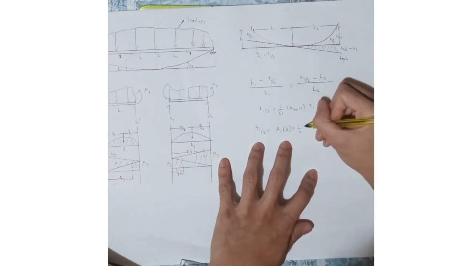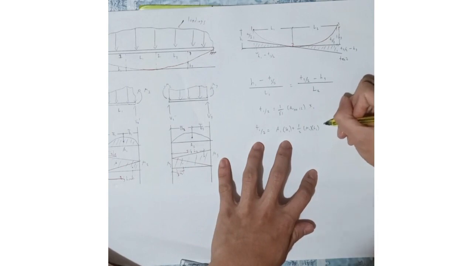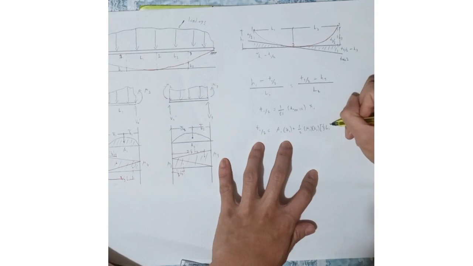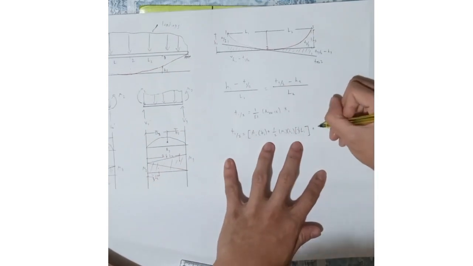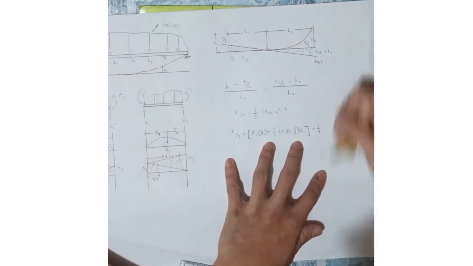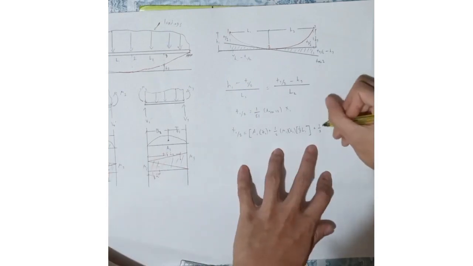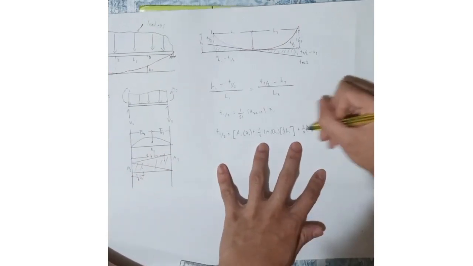So 1 half m1 l1 times 1/3 l1 plus 1, wait, so 1 half, and then this one, 1 half m2, sa moment 2, m2 l1